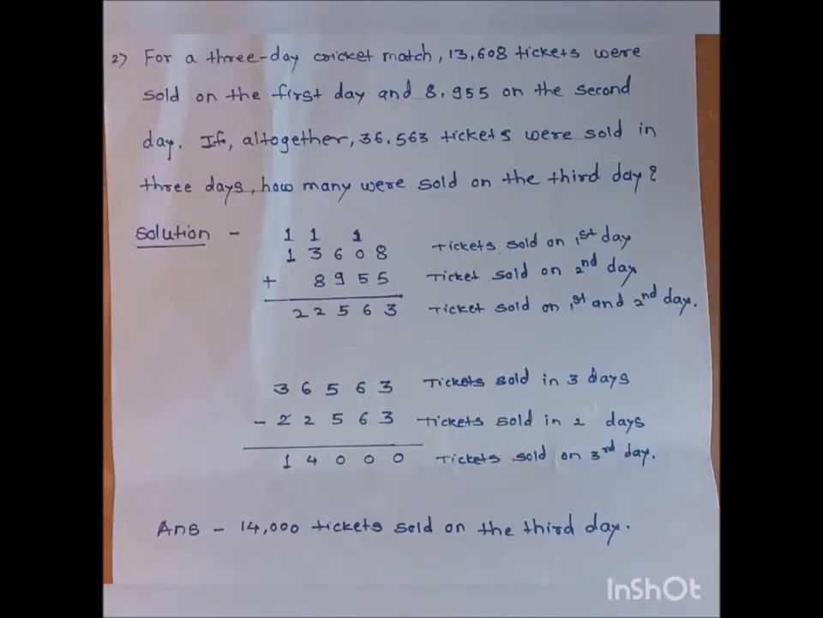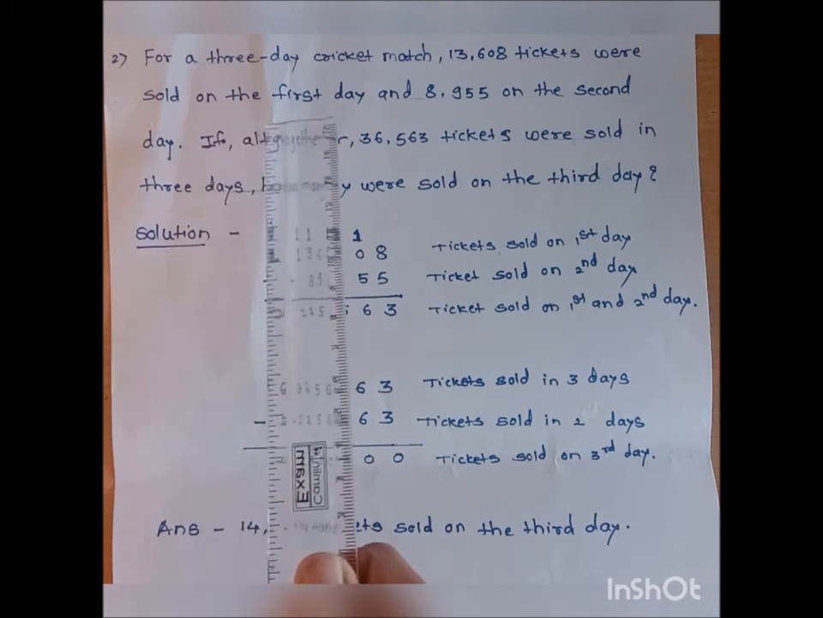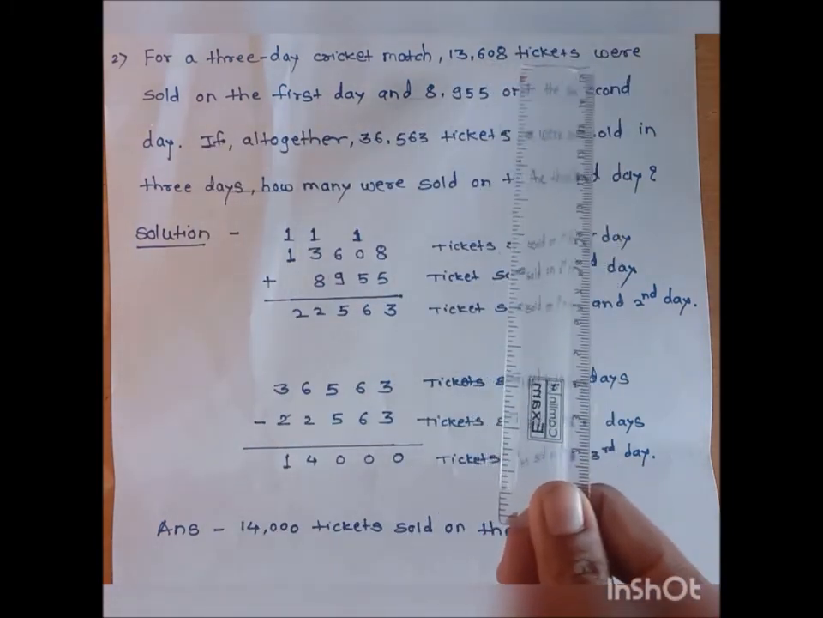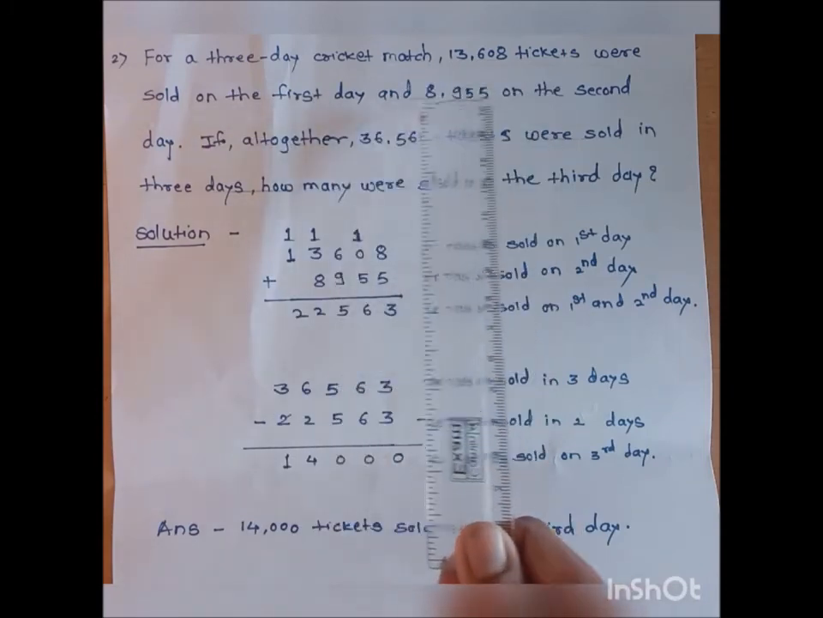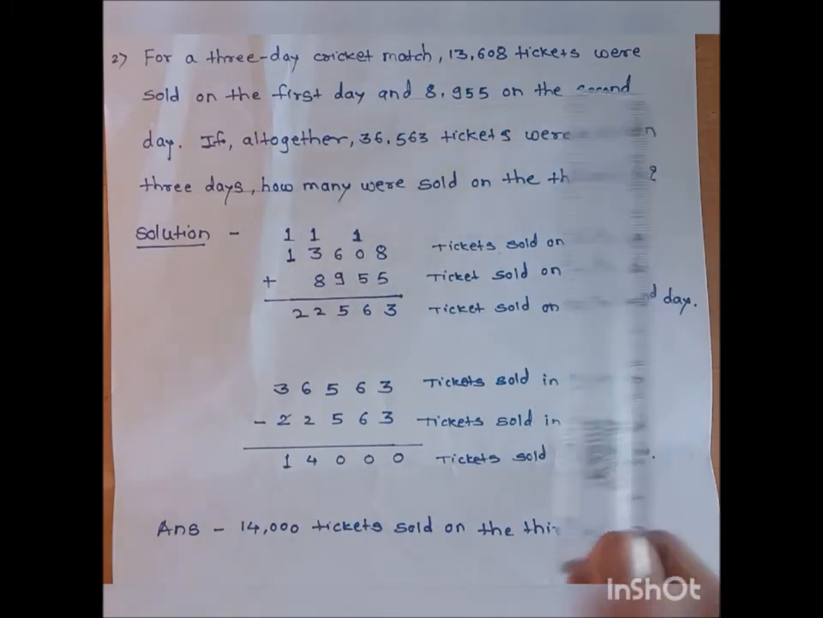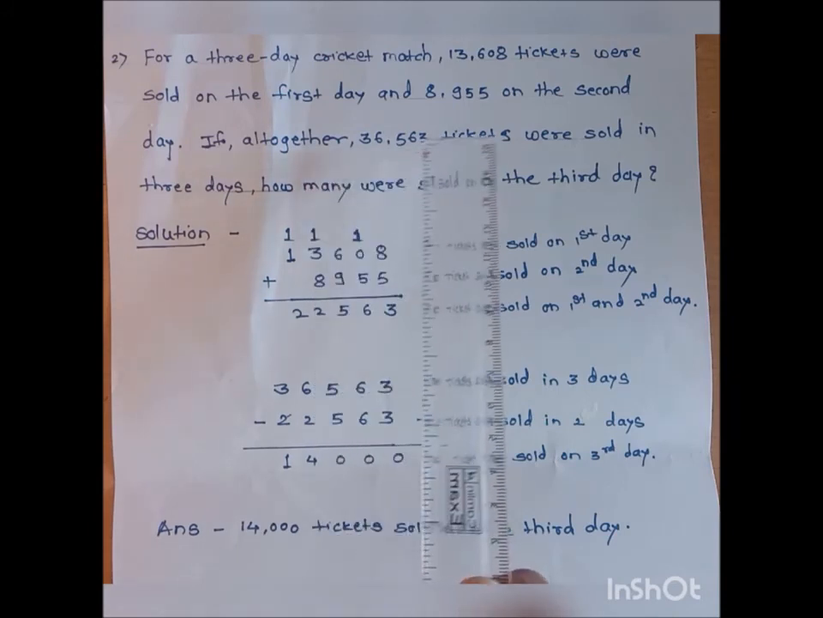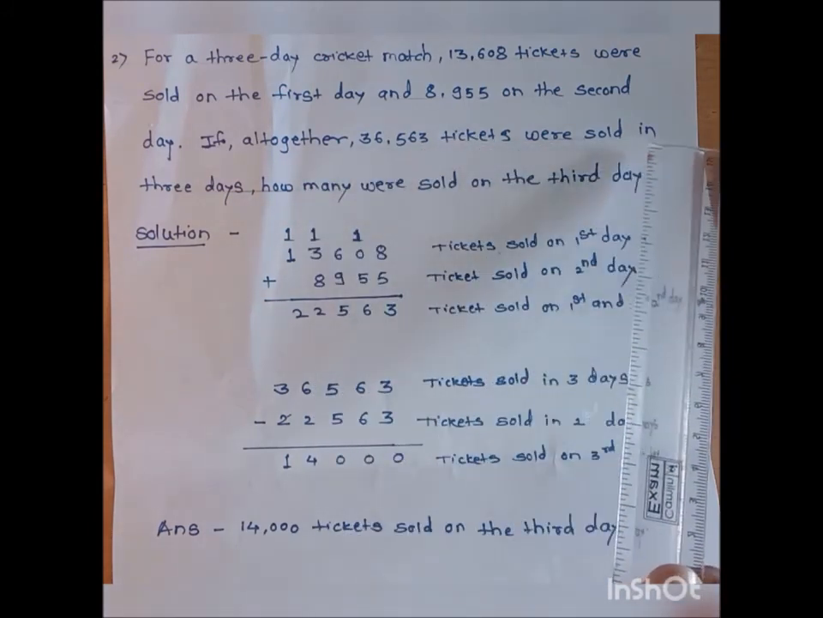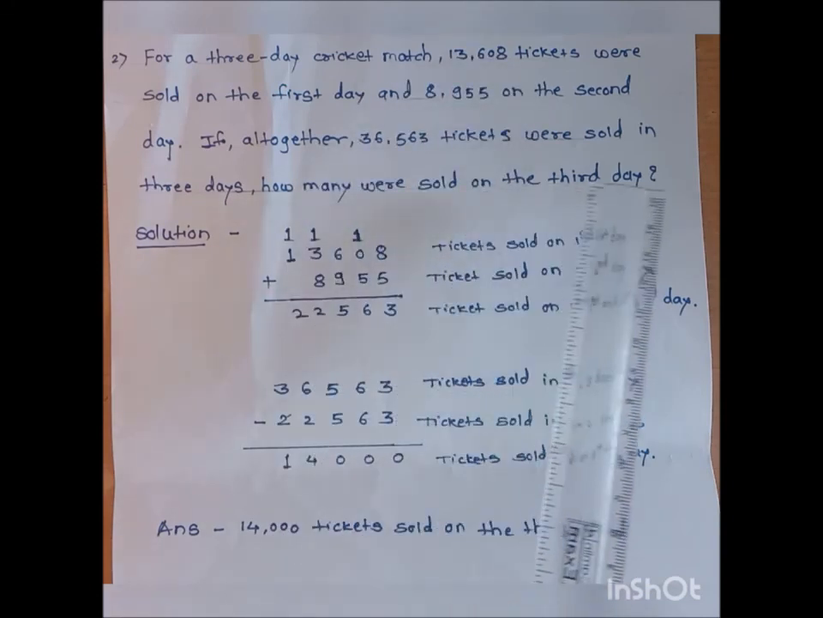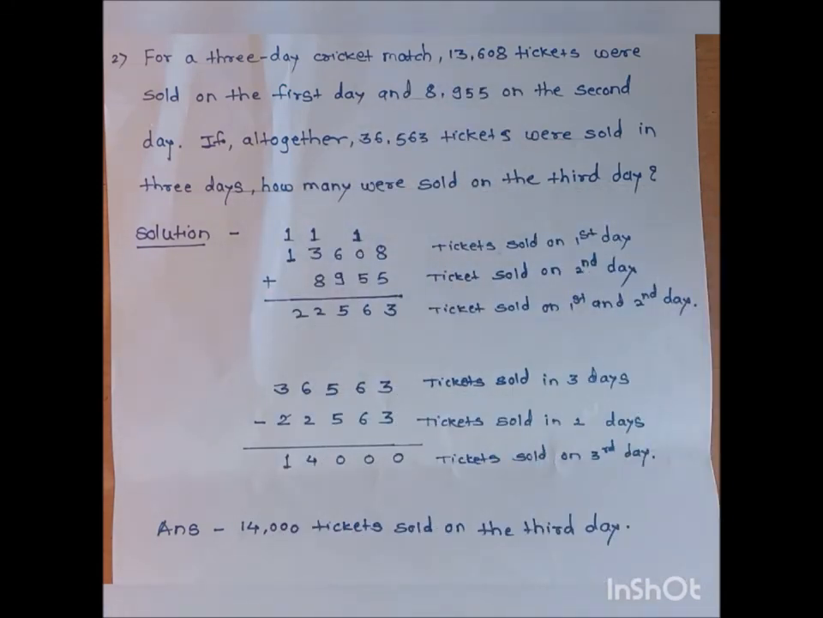Students, see the second example of a mixed word problem. For a 3-day cricket match, 13,608 tickets were sold on the first day and 8,955 on the second day. If altogether 36,563 tickets were sold in 3 days, how many were sold on the third day? Students, in this question they have given the tickets sold on the first day, the tickets sold on the second day and the tickets sold in 3 days. For this, first you will add the tickets sold on the first day and the tickets sold on the second